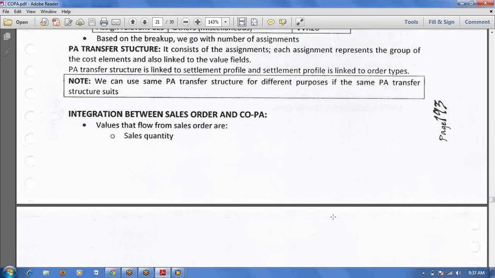At the time of delivery, the COGS amount will update at sales order level, and at billing time, the revenue and any selling related expenditure will update at sales order level. It will update in the COPA module when we settle the sales order; that time the revenue and COGS will update in the COPA module. Got my point?